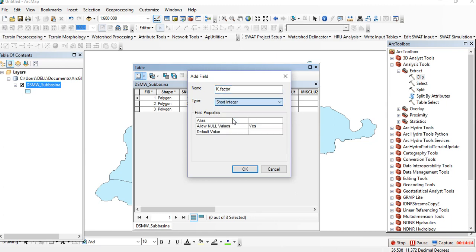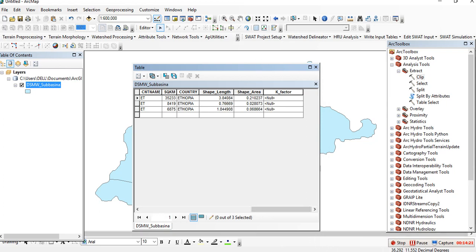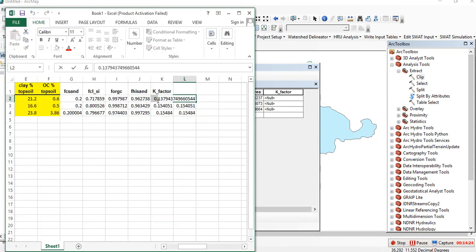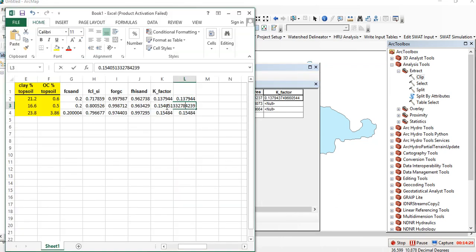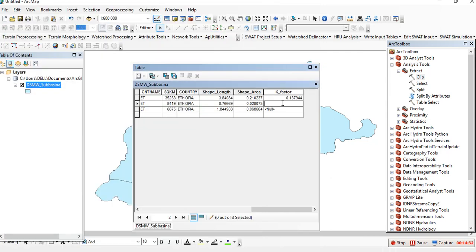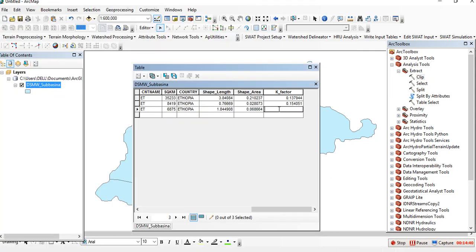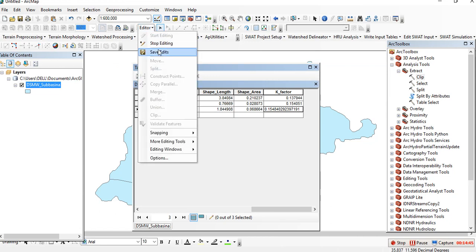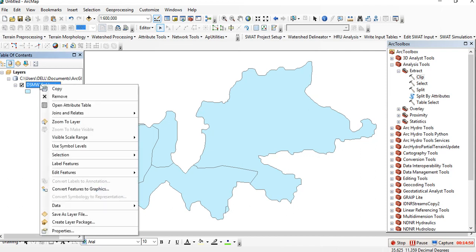then type float, OK, and go to editor, start editing, then copy this one, paste it here, copy this one, paste it here, copy this one, paste it here, and then go back to editor and save editing, then close this one, go to your shapefile